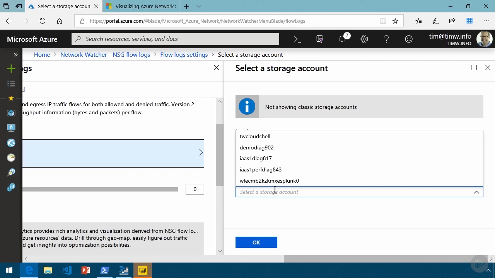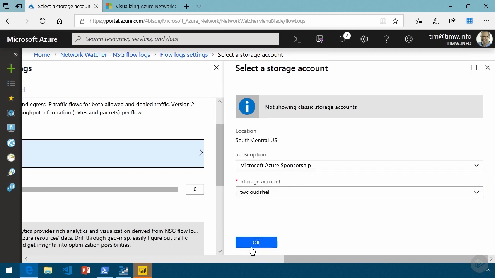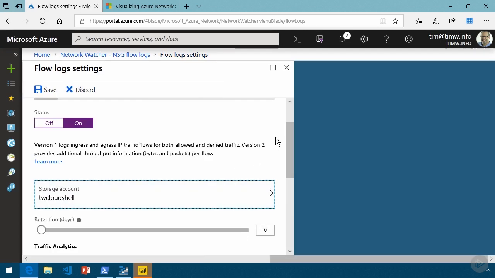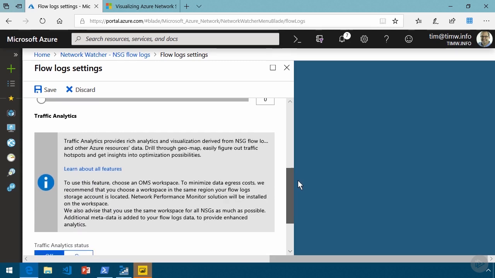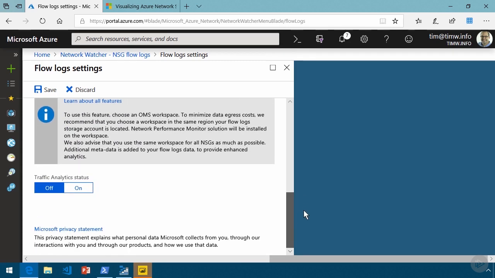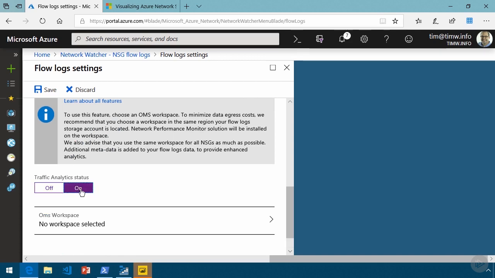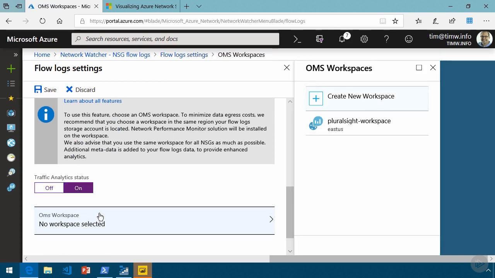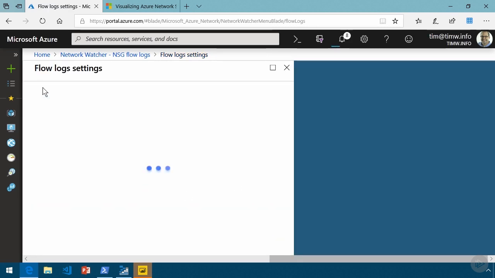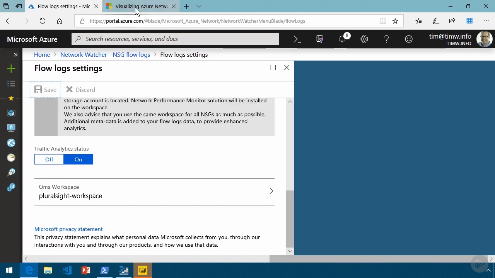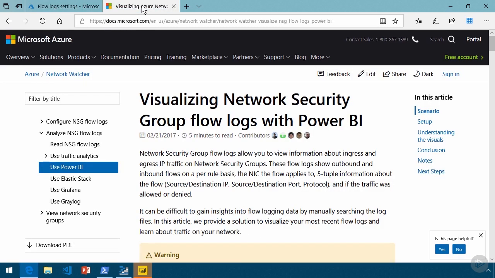I'll choose the one that I've been centralizing all of my diagnostics into. And then your retention and whether or not you want to do more robust traffic analytics. If you do decide to go that route, then you'll be required to bind that telemetry stream to an OMS/log analytics workspace. Now, this visualizing network security group flow logs with Power BI article gives you a download link to